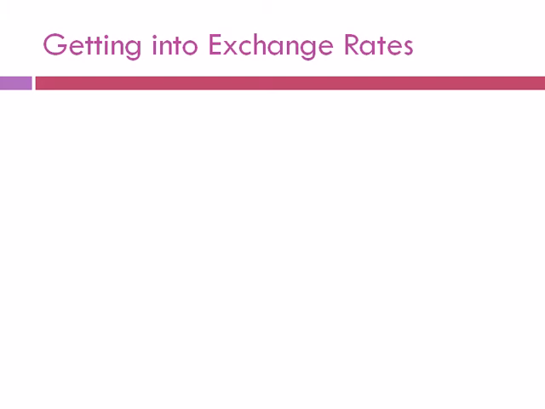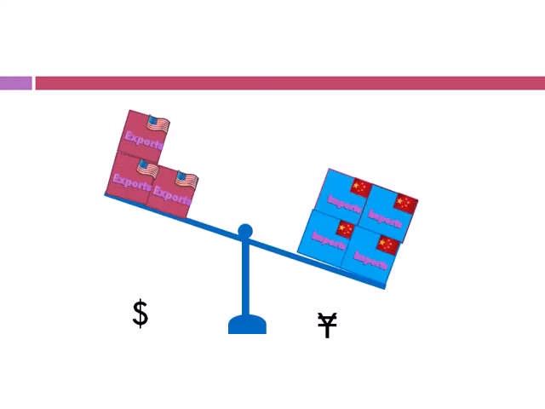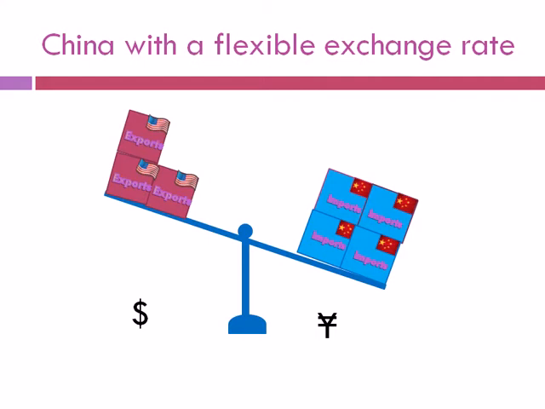In order to understand how trade between China and the United States contributed to problems associated with American consumption, we must first delve into the mechanics of exchange rates. Well, remember how we were talking about the U.S. trade deficit. Now, if China had a flexible exchange rate, the value of the yuan with respect to the dollar would change according to the market.